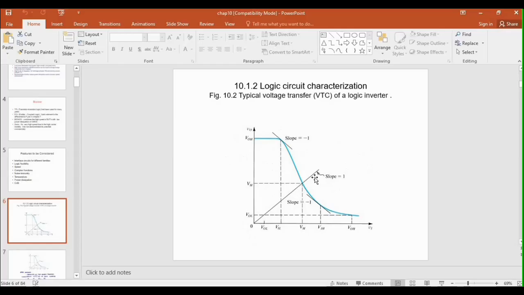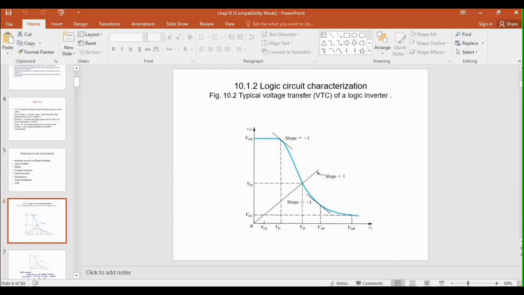But for VIH, take a look that we need to get the point wherein the slope is equal to -1. So we need to get that. So the only way we could get that is to get the derivative of this waveform and find the value of the derivative wherein it is equal to -1.